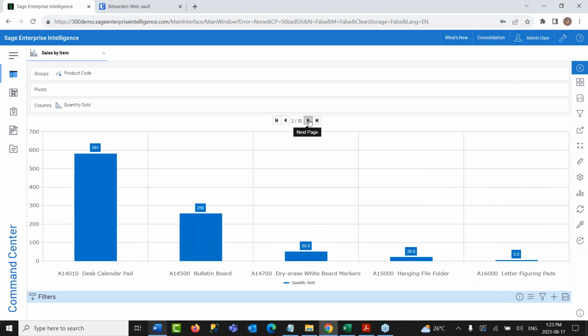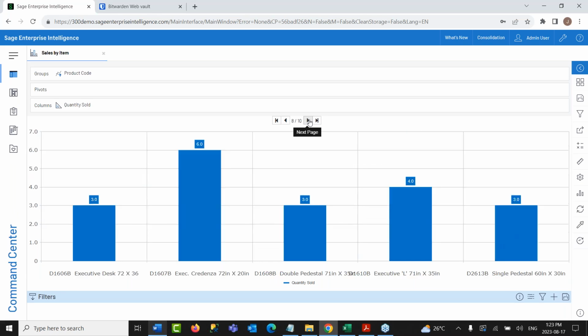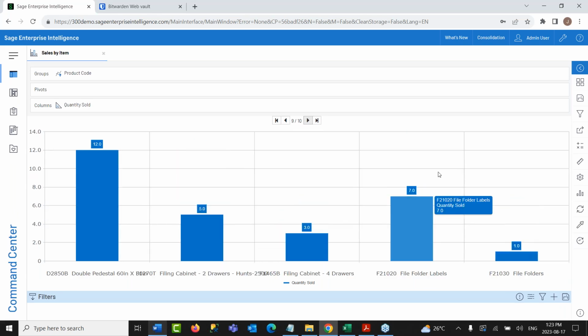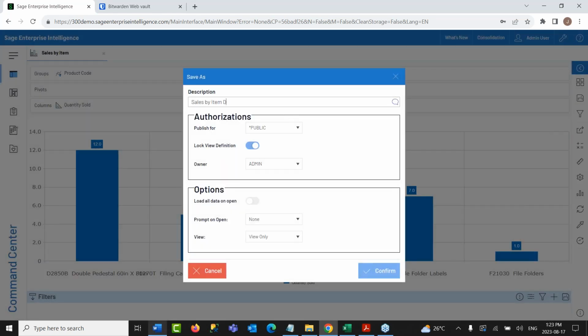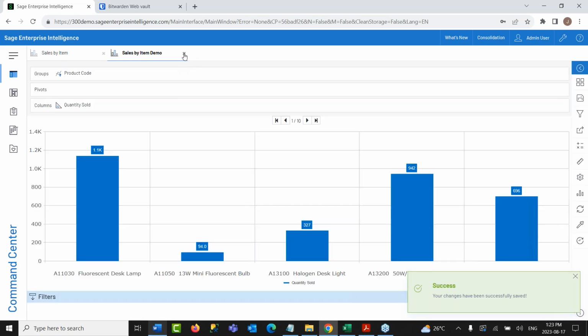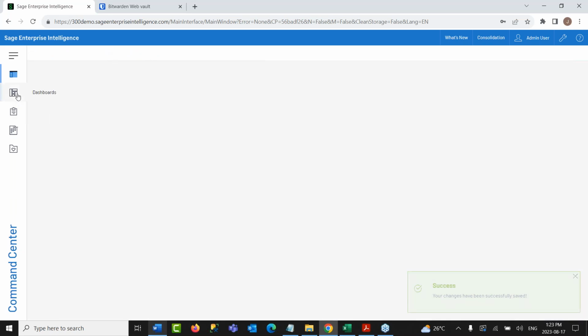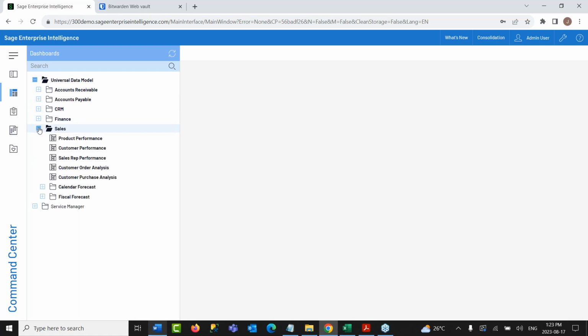So my data rolls over different pages to show me each product on a separate page. So we can do something like this and hit save, and further use these visualizations that we can create on our own and include them in what we call the next step, which is the dashboards. So dashboards are a great visualization tool when it comes to seeing and viewing your data in a more visual